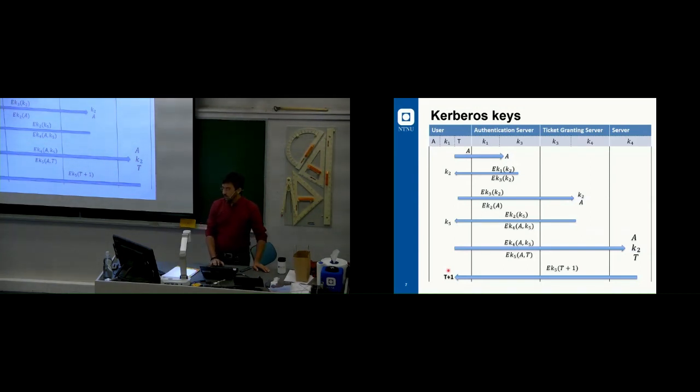You ask, how did the server get the key K2? The server already had key 4. And this whole thing was encrypted using that key 4. And inside that,